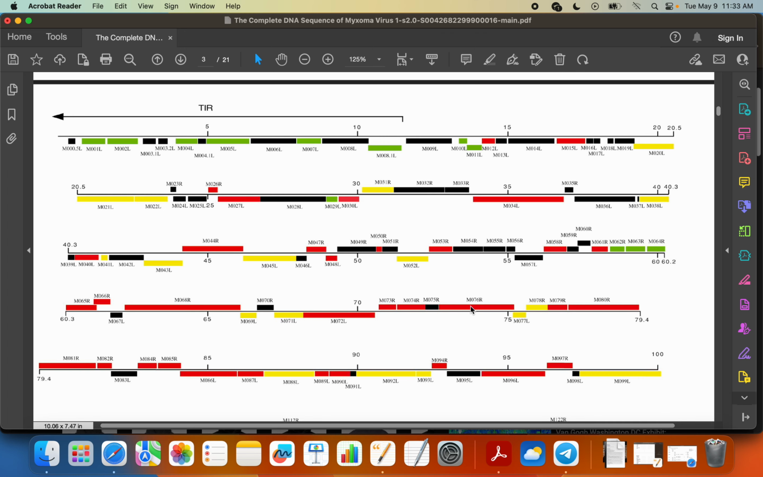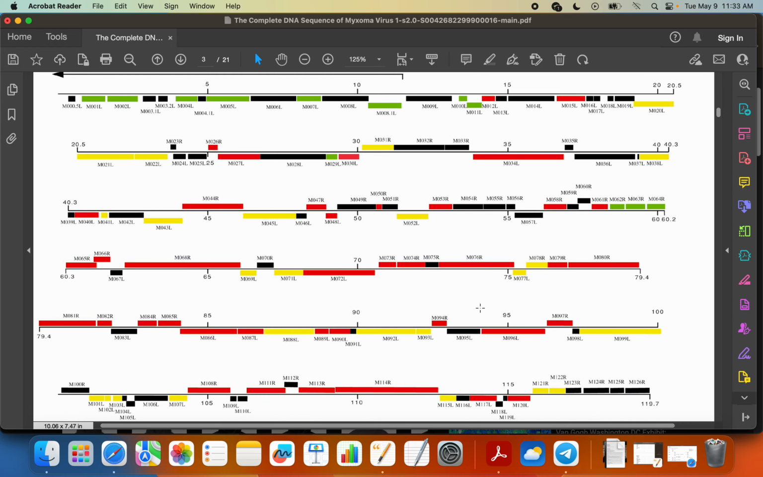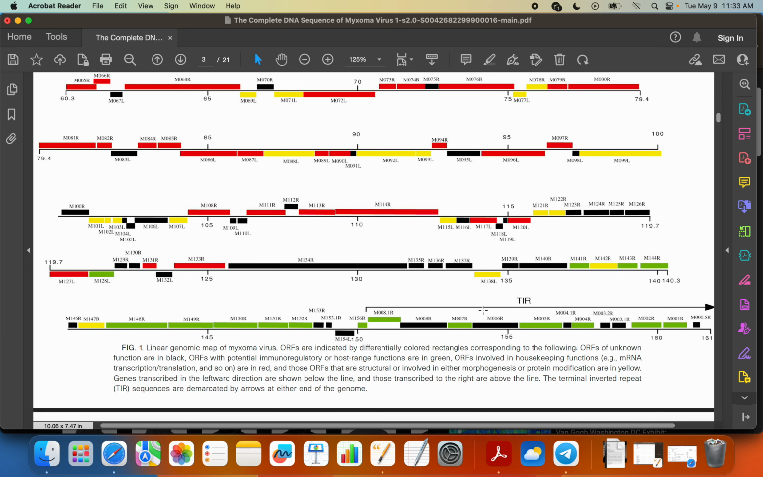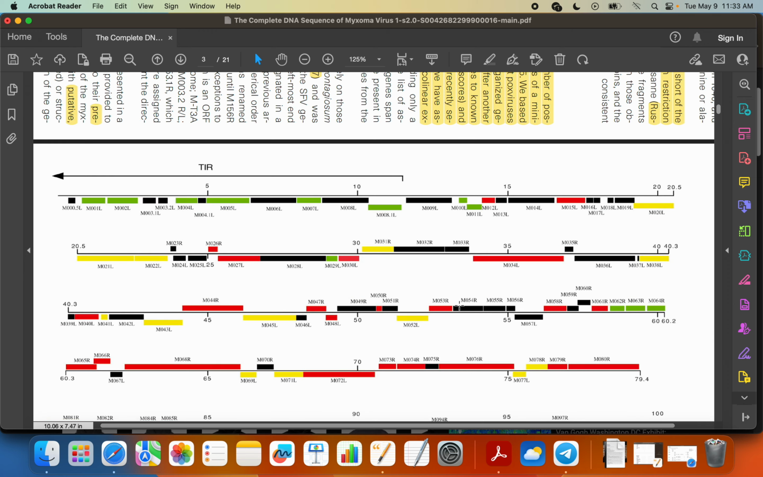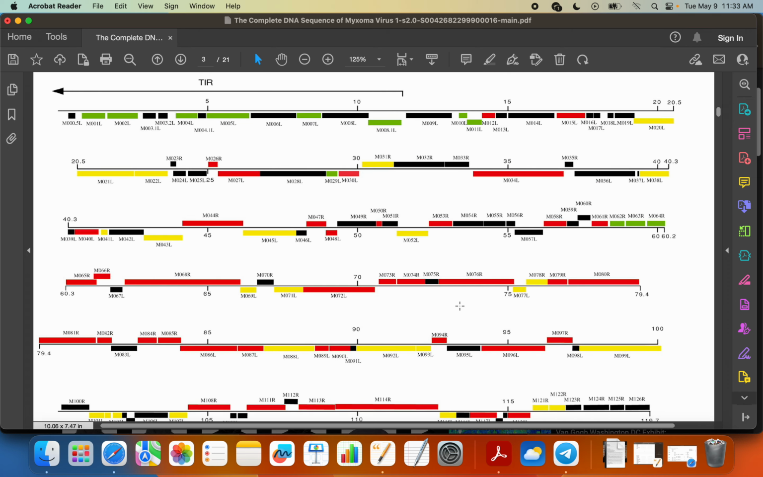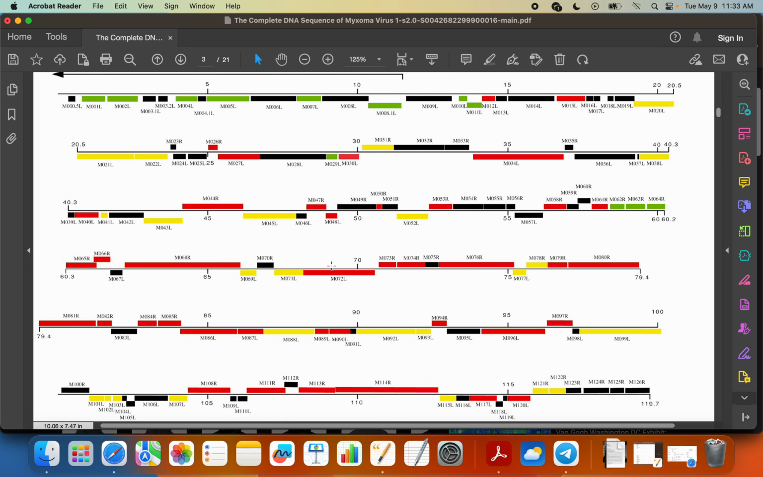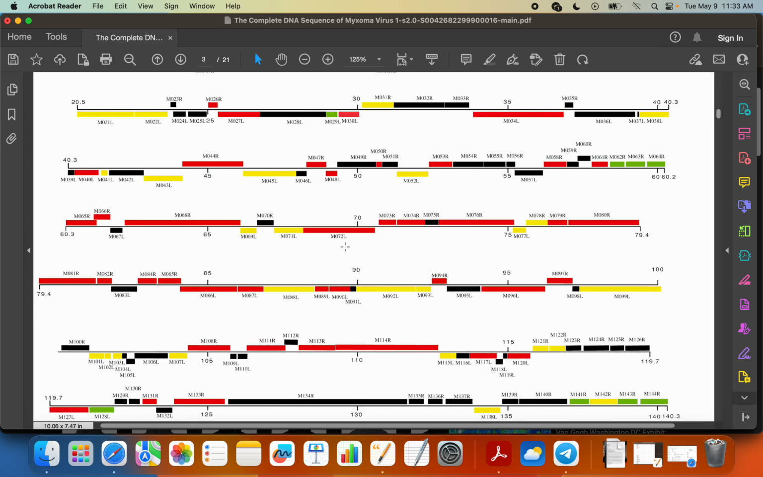I'm going to do a video on this table 1, and actually this is the figure 1, and then the table 1 that has more details of this table, or this figure 1. So this is for the paper called The Complete DNA Sequence of Myxoma Virus from 1999, and this table shows what they say is the complete genome sequence, and this is showing the